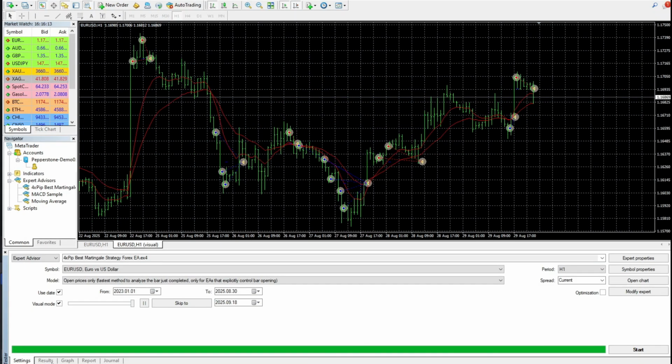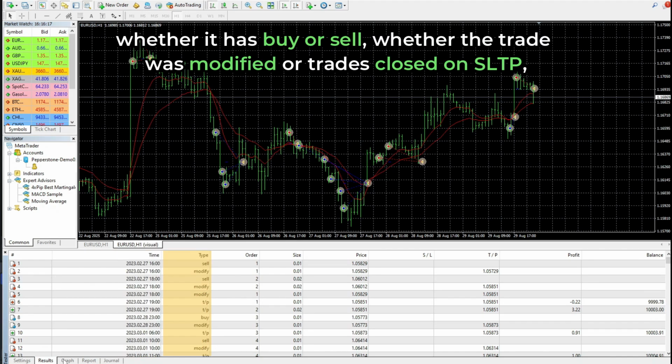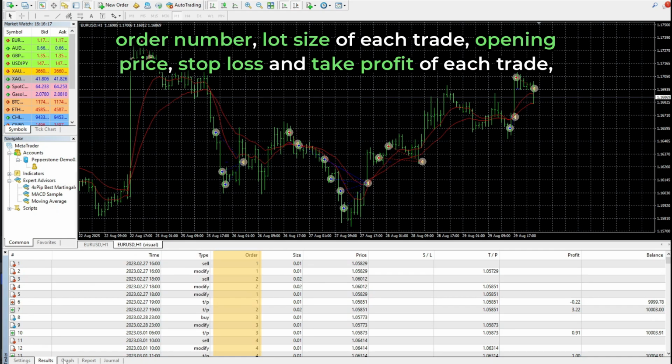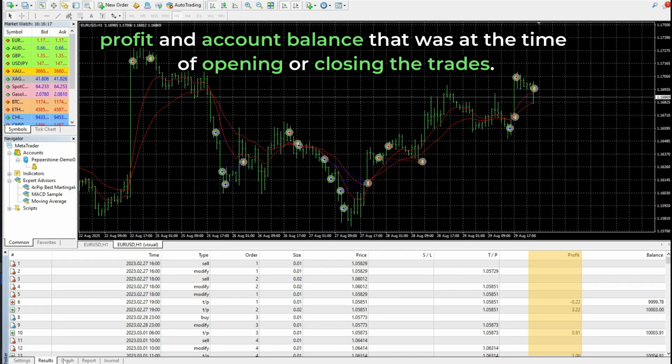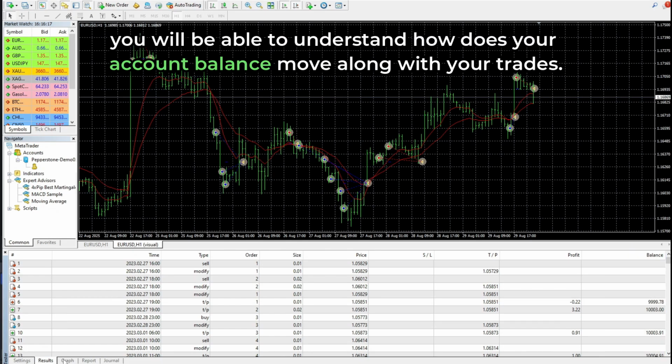When it's finished, you'll see the results here. That includes all your history trades, along with their time, type of the trade, whether it is buy or sell, whether the trade was modified or closed on SL/TP, order number, lot size of each trade, opening price, stop loss and take profit of each trade, profit and account balance at the time of opening or closing the trades. So by reviewing the results, you will be able to understand how your account balance moves along